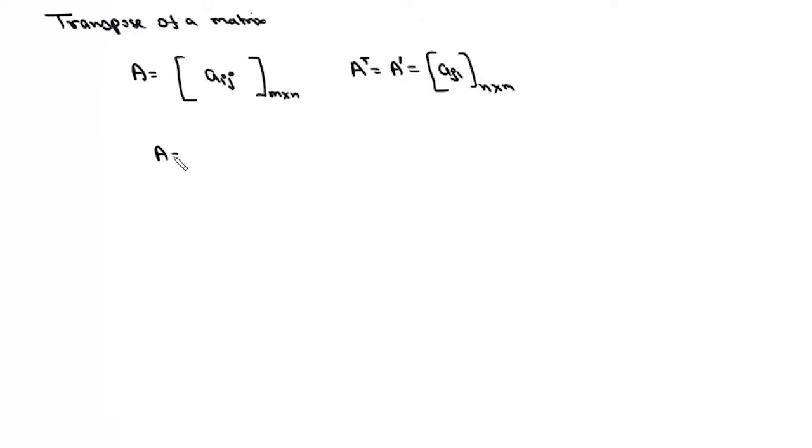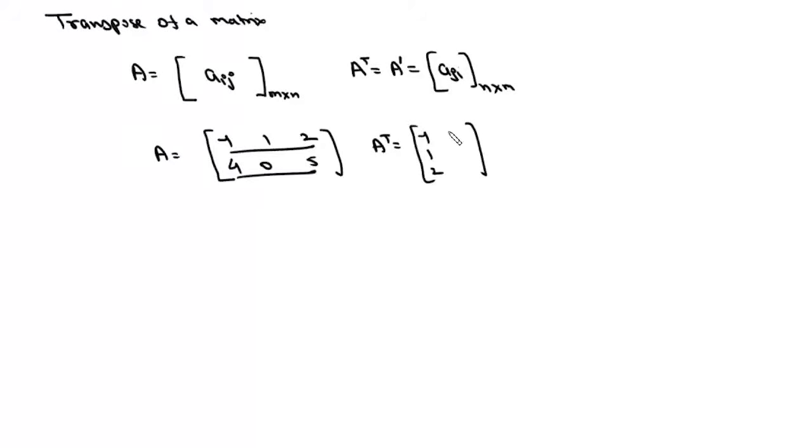Say for example, suppose we have this matrix, which is -1, 1, 2, 4, 0, 5. Now if we have to write A transpose, we'll change rows into columns. So it will be -1, 1, 2, and here will be 4, 0, 5. The order of A was 2 cross 3 and the order of A transpose is 3 cross 2. So A11 is A11, A12 is now A21, A13 is now A31. So this is how Aij is changed into Aji, and its order will change from M cross N to N cross M.